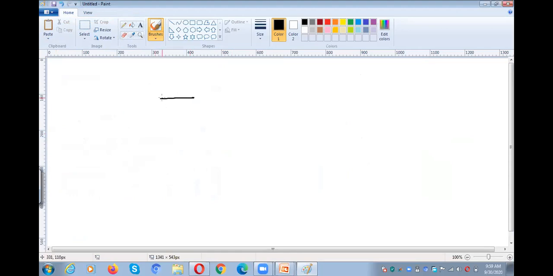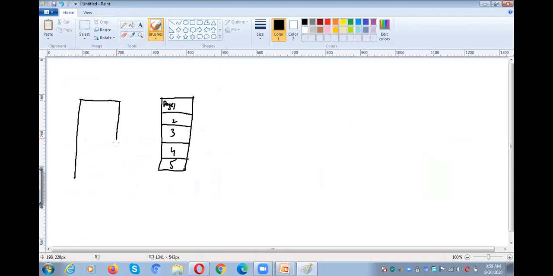For example, this is the main memory. In the main memory, we have 1, 2, 3, 4, 5. So these are the pages: page 1, page 2, page 3, page 5. Okay. And this is the page table.